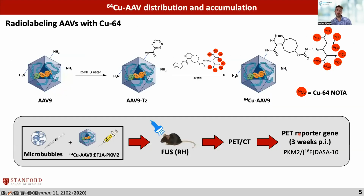How do we radiolabel these AAVs with copper-64? Well, the use of a homemade peptide-based multi-chelator that we reported in previous works was crucial to assess the distribution and accumulation of this AAV capsid by PET-CT. It allows us to incorporate up to 8 copper-64 atoms per lysine residue modified on the capsid surface by orthogonal conjugation using click chemistry, which was translated into higher molar activity of the radiolabeled AAVs,